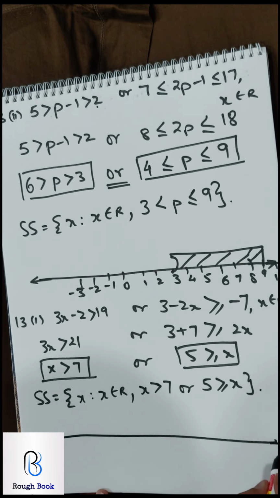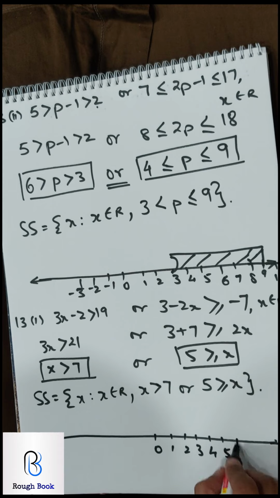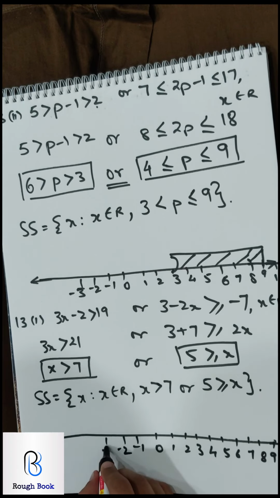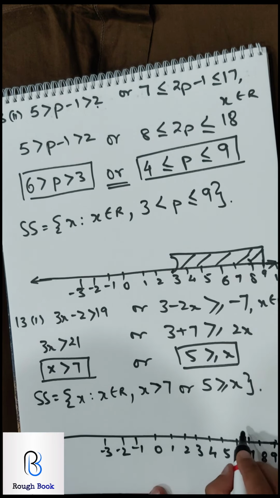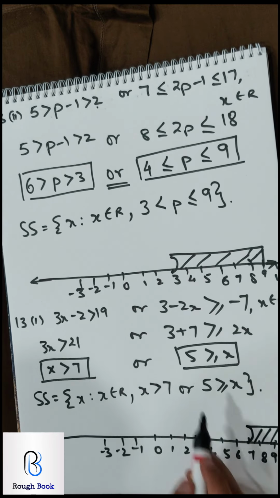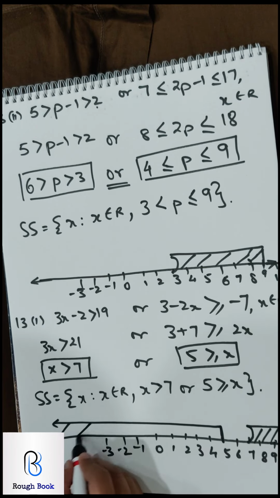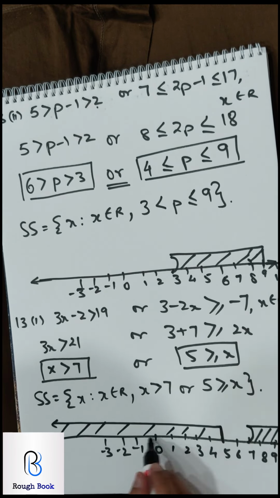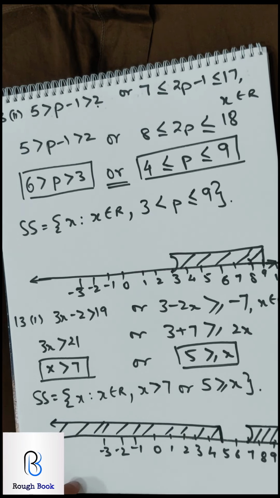The number line is going to be an interesting one. 0, 1, 2, 3, 4, 5. Go till at least 9 or 10. And negatives also. Now, first part, x is greater than 7 and not equal to. So C, not equal to but greater, but till infinity. So shade this. Likewise, second part, x is smaller than or equal to 5. Equal to, therefore I, but till infinity. So your number x is anything of this part on this side or this part, but not this part which is left in the center. So this is a slightly tricky one.